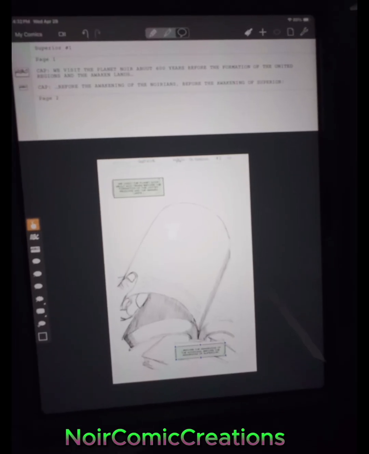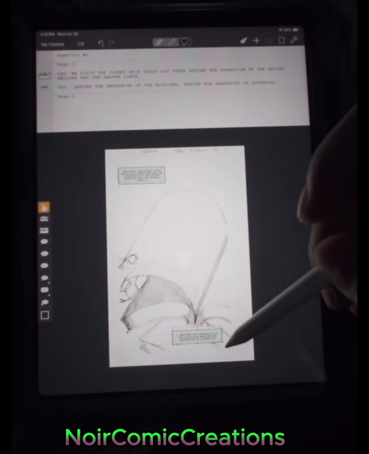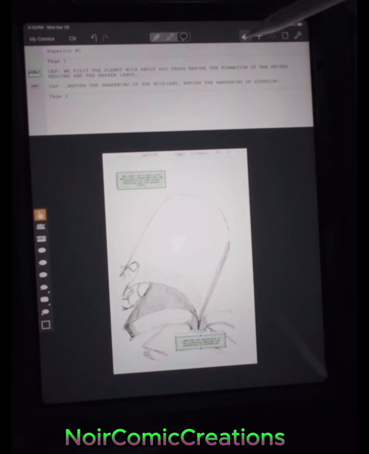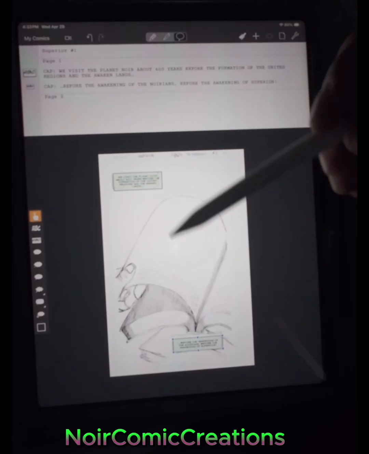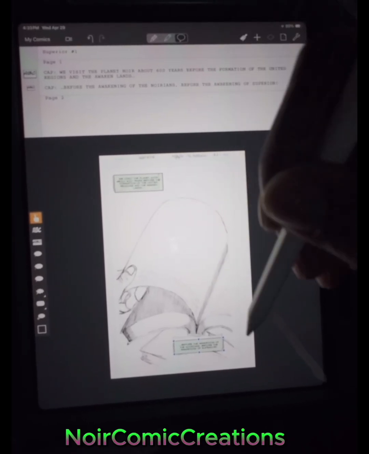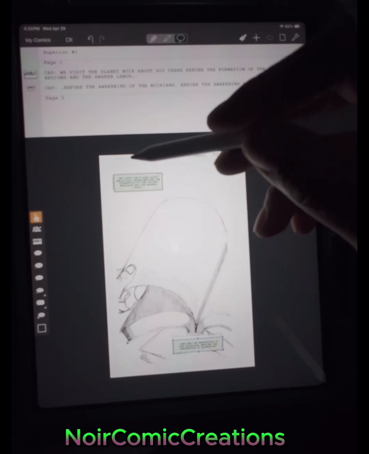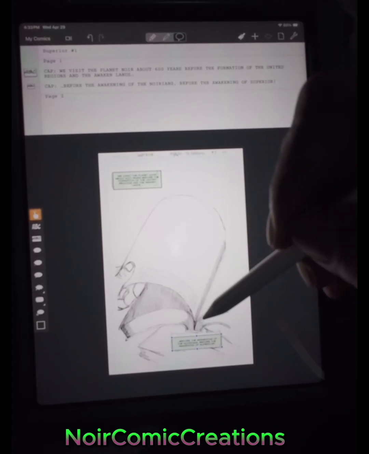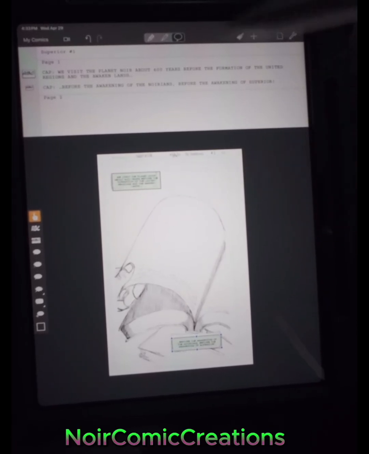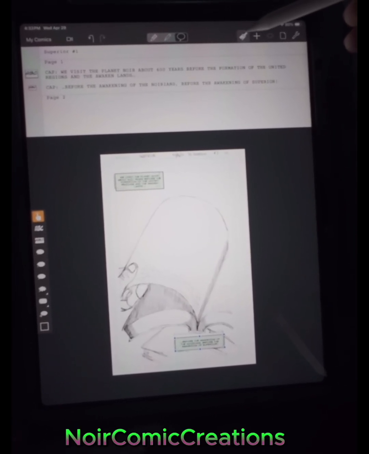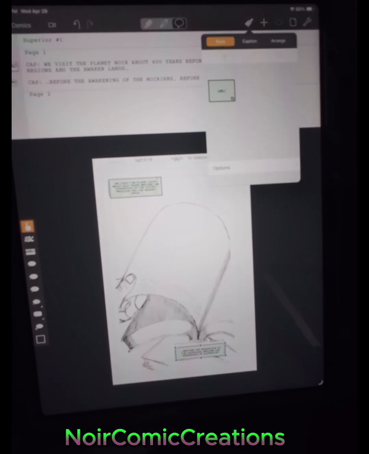And see, when you're working on your captions and you want to change the font, see how I got this greenish looking color in here? I wanted to do that. That's going to be automatic in all my caption boxes, and it's going to automatically have a little greenish look, but not in the dialog boxes. But how you do that is, you go in here in Comicdraw, you go up into the broom, and